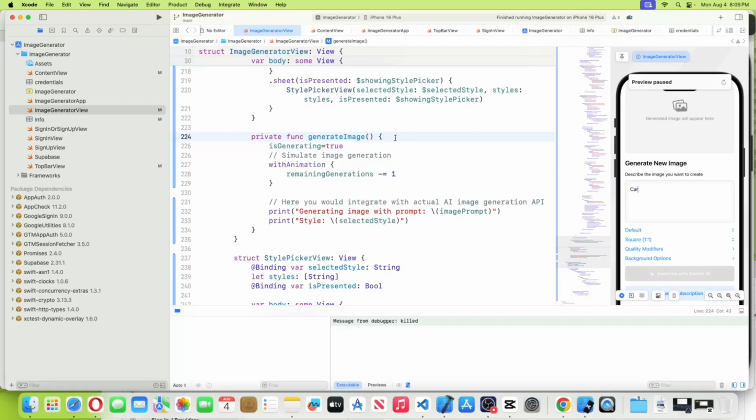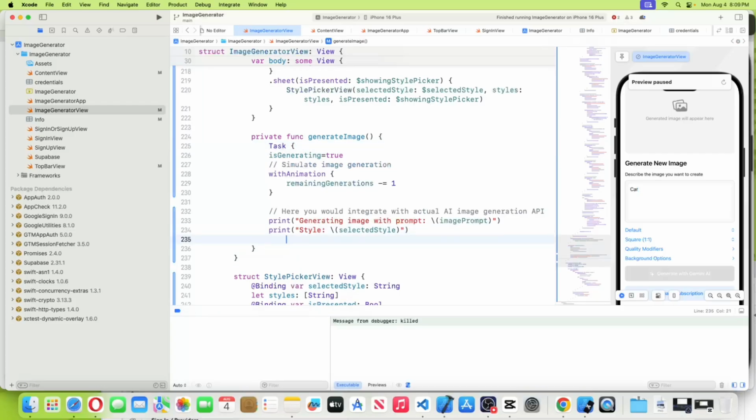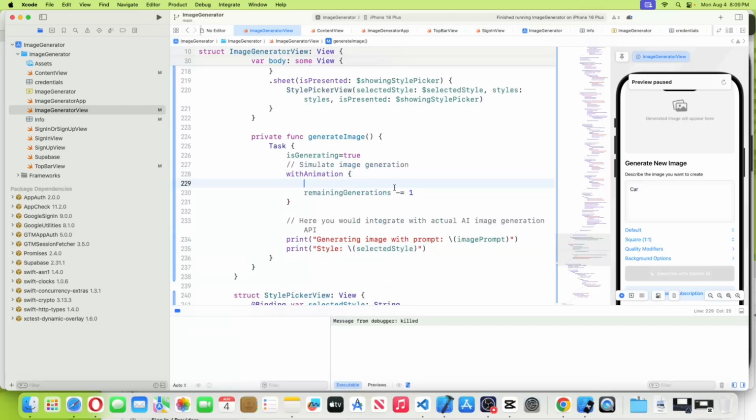We would like to put this into a task because we have an async call. So we want to put this into a task. Okay, perfect. And isGenerating equals true. And over here, with animation, we first need to call the